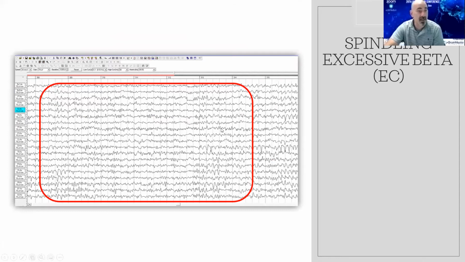Spindling excess beta. I mean, again, I hope I didn't really need the box, but for the sake of consistency, I used one in the presentation. But you can see here, this 1, 2, 3, 4, 5, we're at about 20 hertz. You can see here that it really persists through this whole, here's some slow activity, but then we've got a burst of beta, and then it speeds up, and we've got some beta spindling. We have it over here, over here. I mean, it's really everywhere throughout this recording.